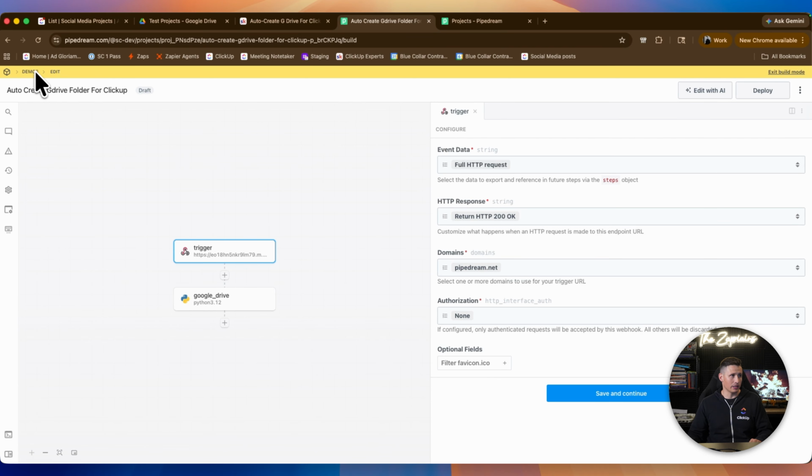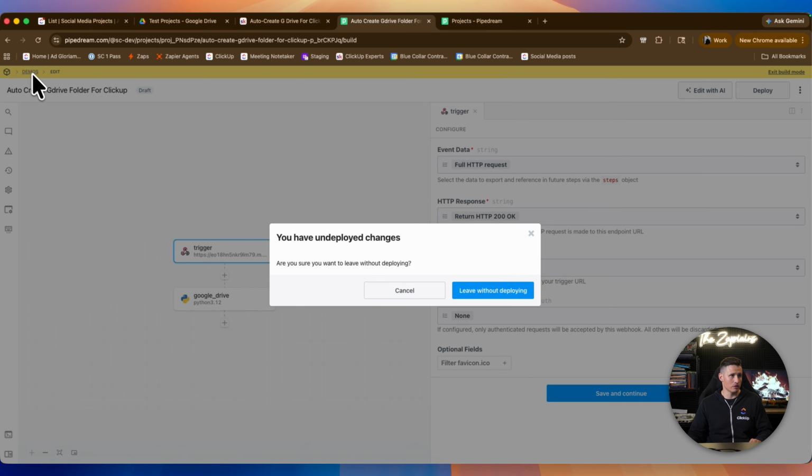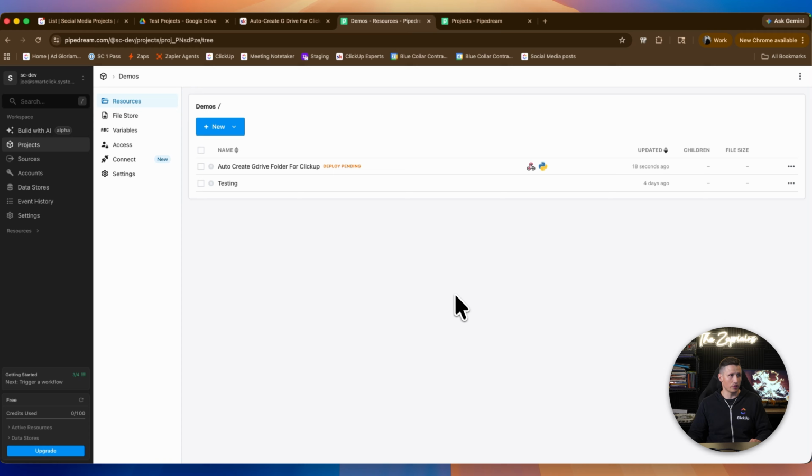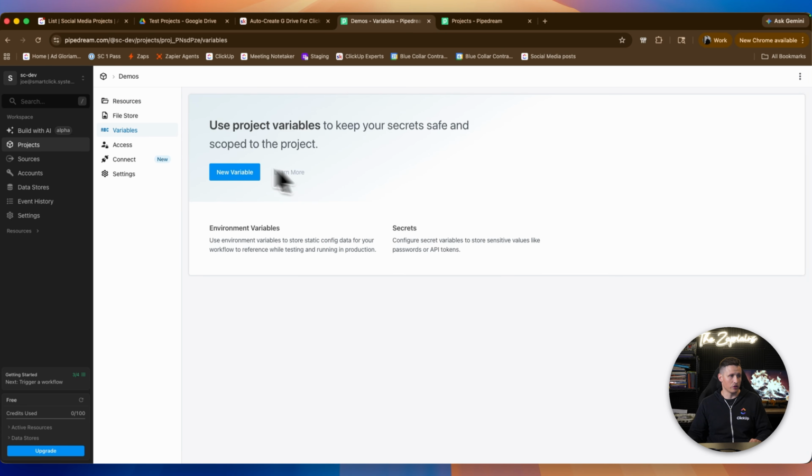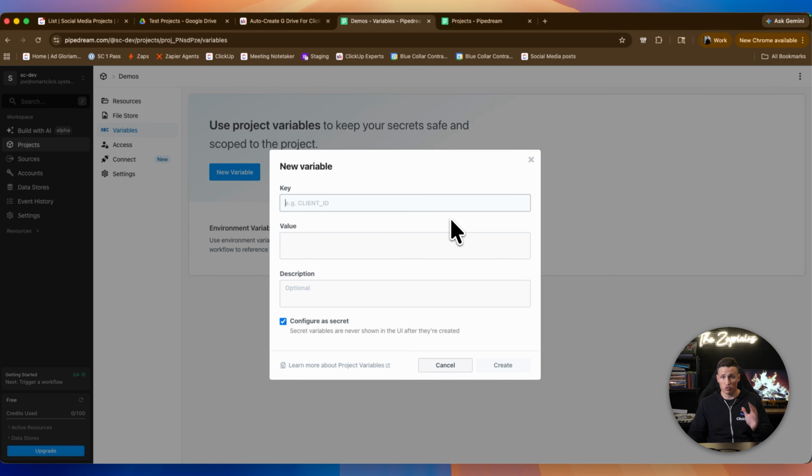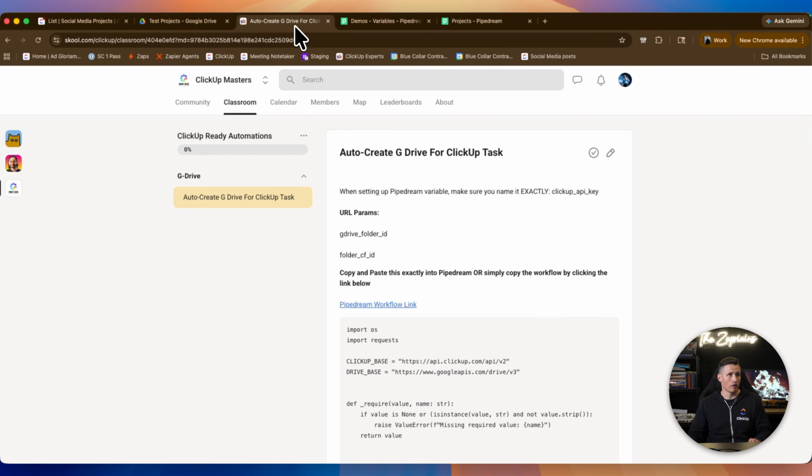You're going to do that by clicking your project name up here. Leave without deploying, click variables, and then you're going to click new variable. Now this is really important that you just copy and paste this exactly as it's written in school. All right, you're going to name that variable